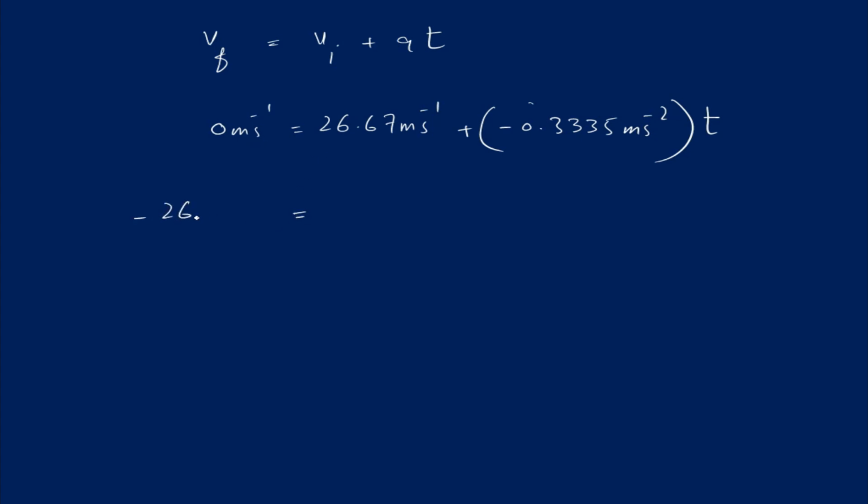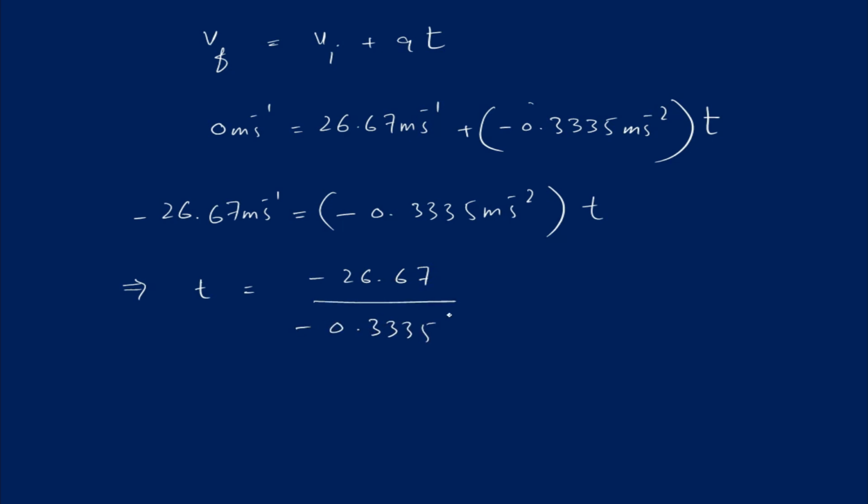Negative 26.67 meters per second is equal to negative 0.3335 meters per second square into t, and t is equal to negative 26.67 divided by